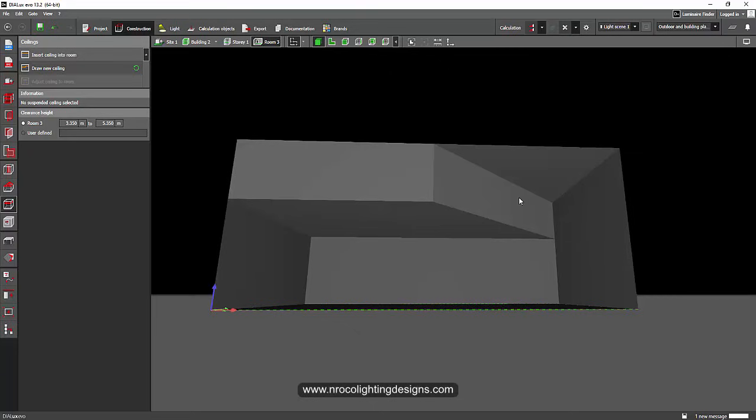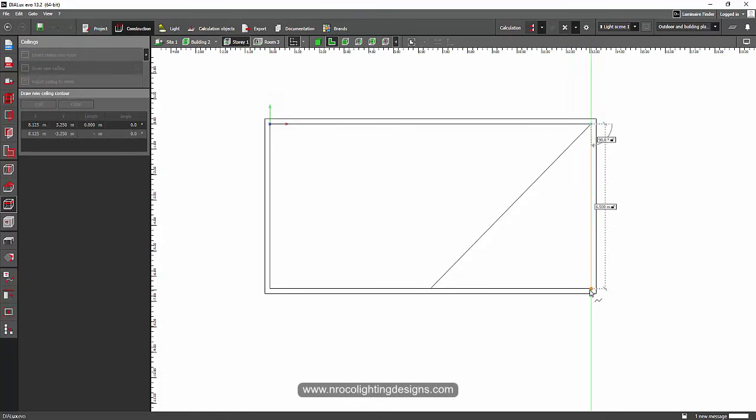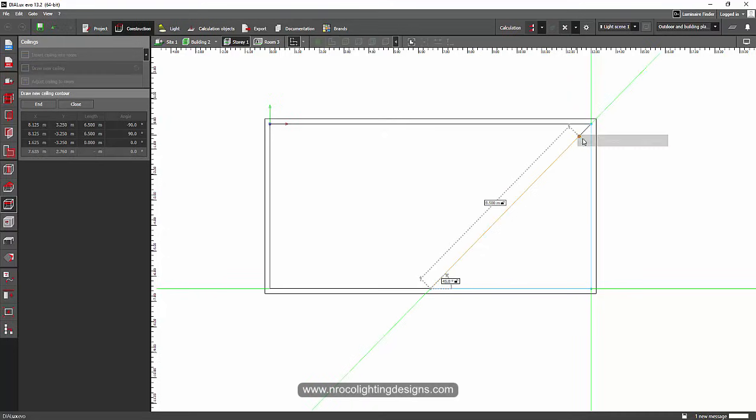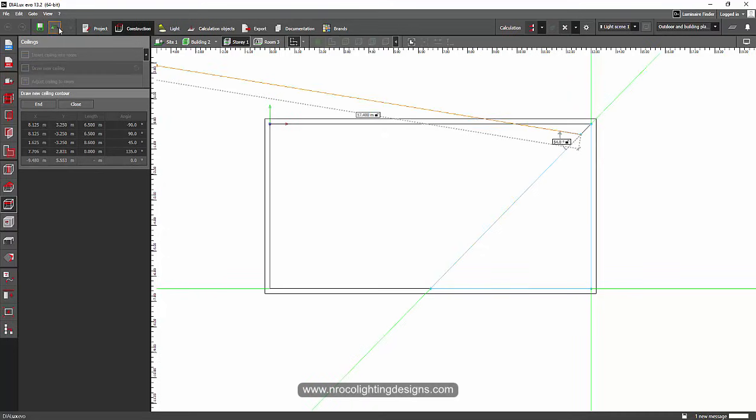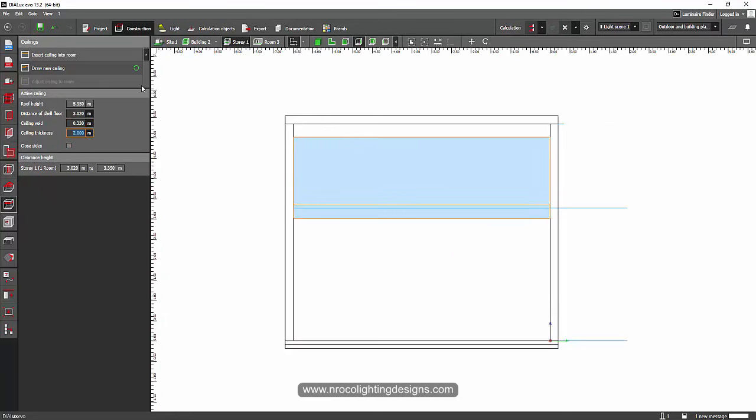So I will create another one here and then we will cut it. Let's go to the plan view again and draw a new ceiling here. Let's just close it like this. Again uncheck this one and make this one 2 meters thickness. Go to the elevation view.